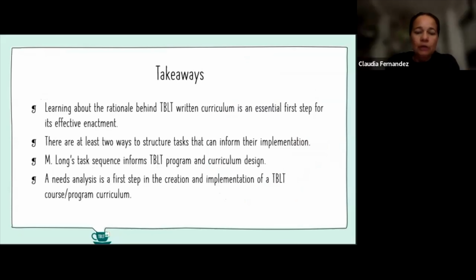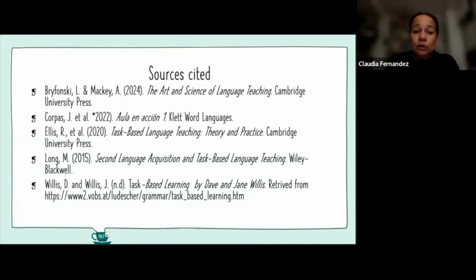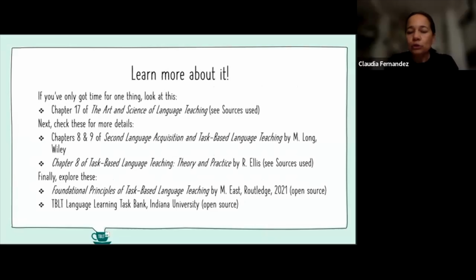Those are all the stakeholders that are important in informing our curriculum. So the takeaways that I can offer you are that learning about the rationale behind a TBLT-written curriculum is an essential first step for its effective enactment. There are at least two ways to structure tasks that can inform their implementation, throughout Ellis and Willis. Michael Long's task sequence informs TBLT program and curriculum design, among many other things. This analysis is the first step in the creation and implementation of a TBLT course and program or curriculum. Here are the sources that I cited for you to see, and more sources that you might want to explore to enhance the